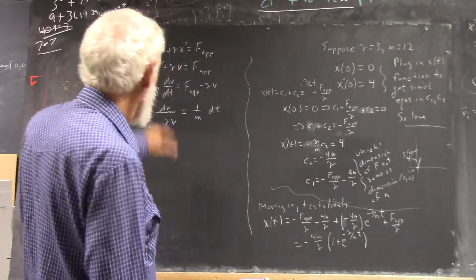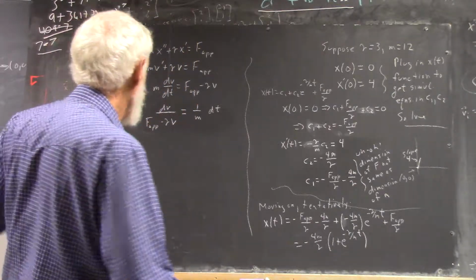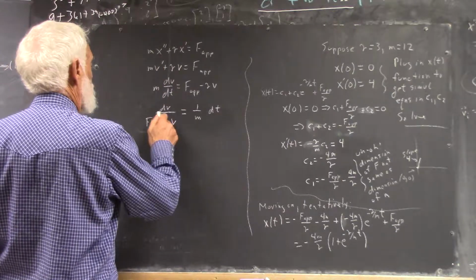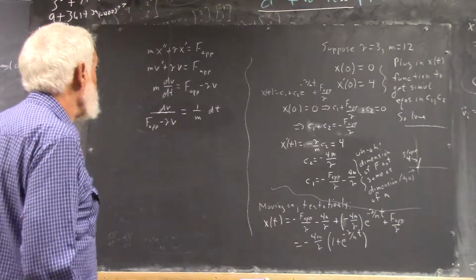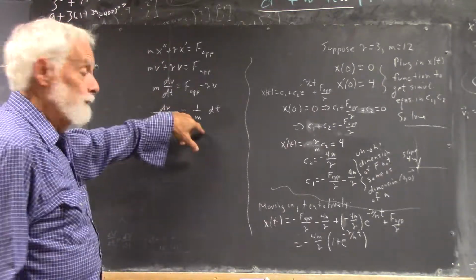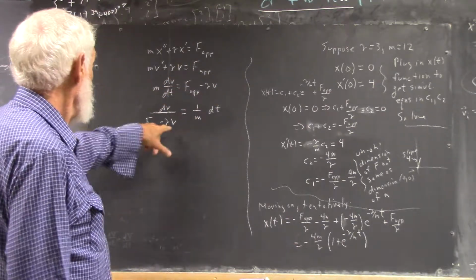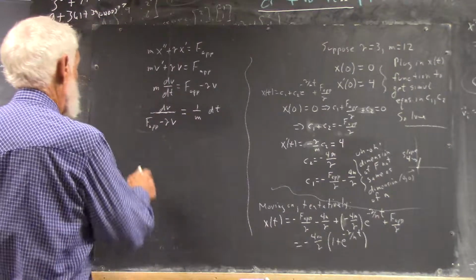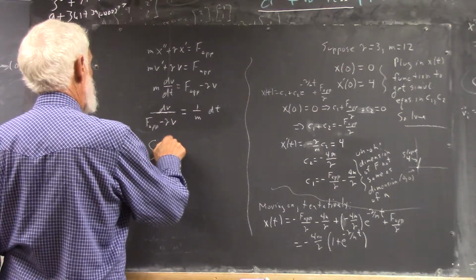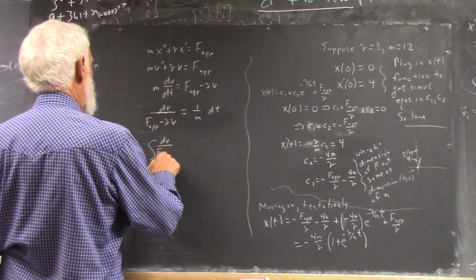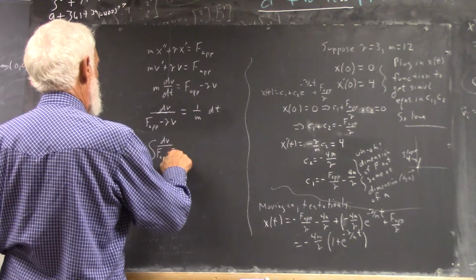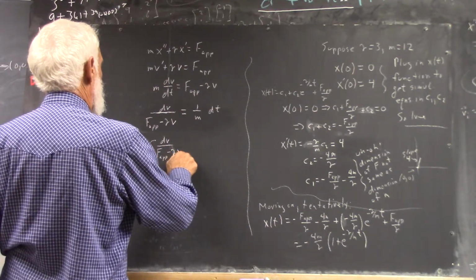It's just this form is equivalent to this form for reasons that are a little bit subtle. We're not going to worry about right now, but I keep mentioning it. Okay. And then you divide by m if I didn't say that already. Okay? And then you integrate this. So the integral of dv over F applied minus gamma v